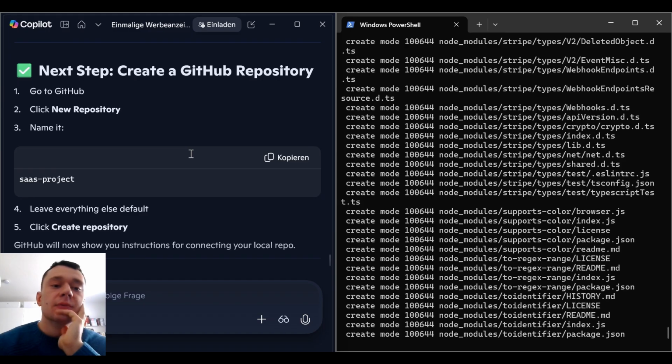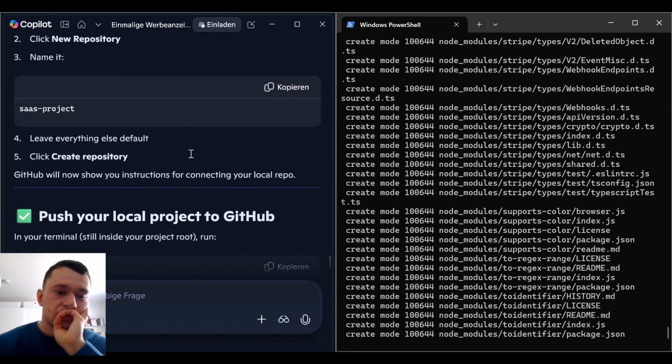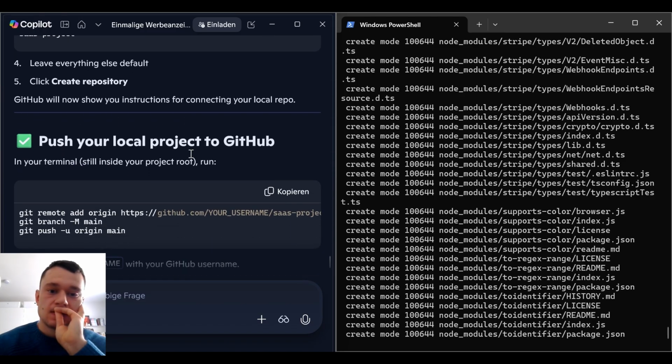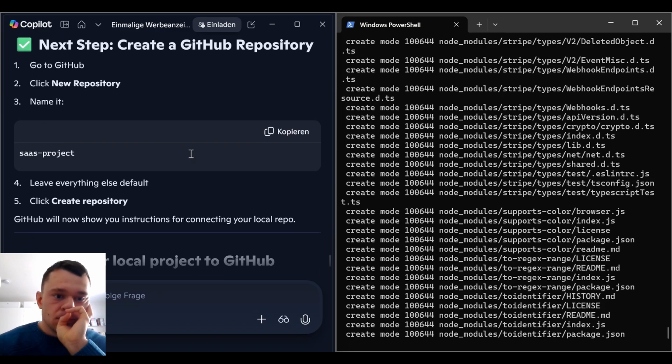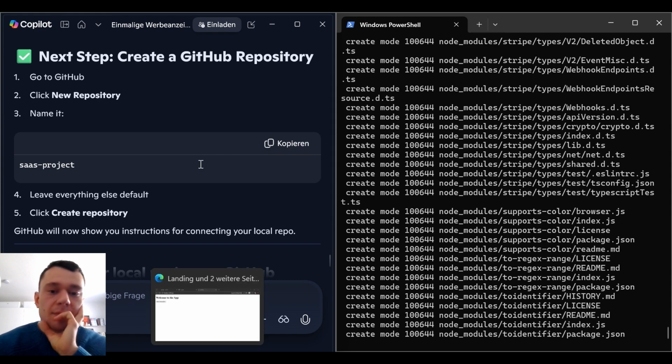Create your GitHub repository on GitHub. Click new repository. So go to GitHub, but is the